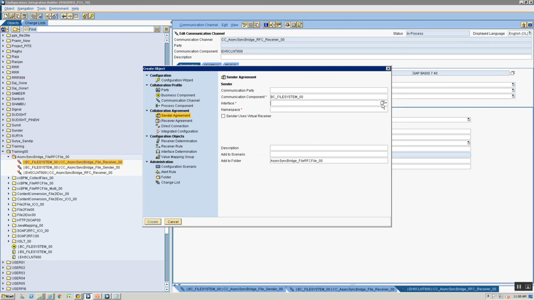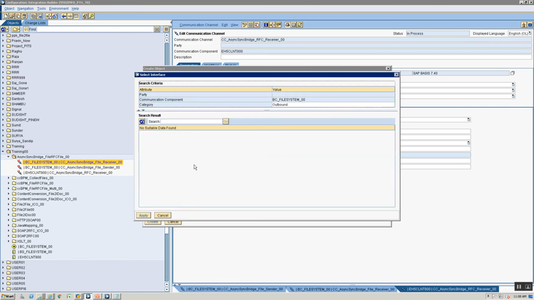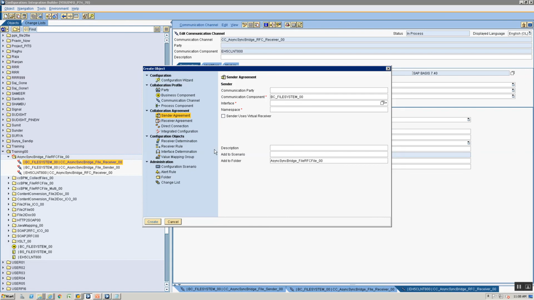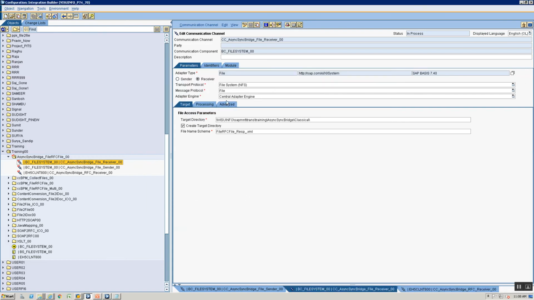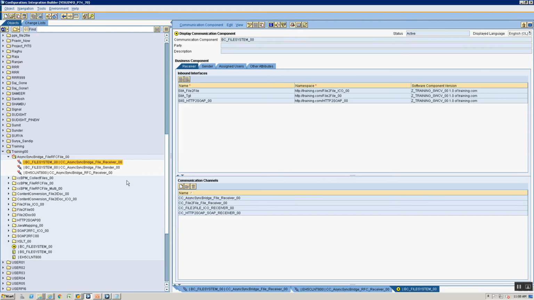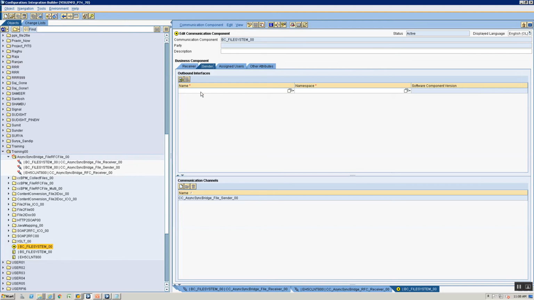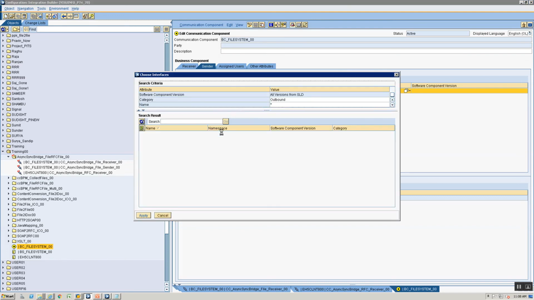So BC file system 00 is my sending system. Okay, you see why I've used a business component, right? So I need to add. So go into your business component, BC file system 00. You can double click here. You should see BC file system 00. Remember, business components are not created in the SLD. They are created directly in the integration directory, and so you need to add your interfaces to it. So I need to go in and add my